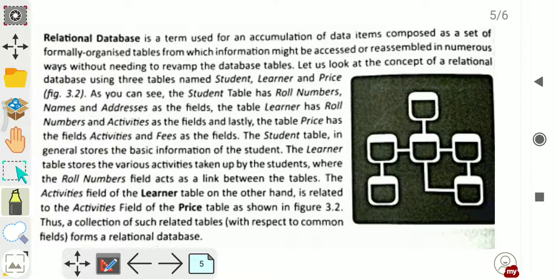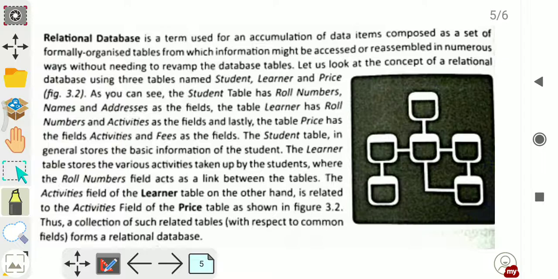If anything can uniquely identify a record in a table, then it is known as a primary key. If we relate the tables by this field, for example, roll number or any unique numbers, then the relational database is a database in which many tables are there and they are related by some means.